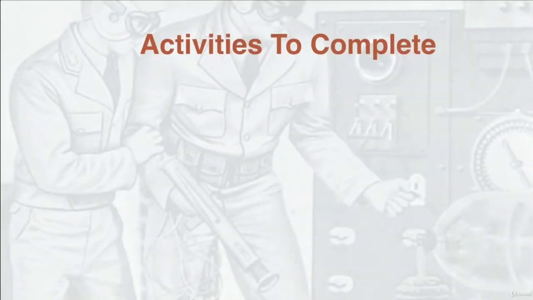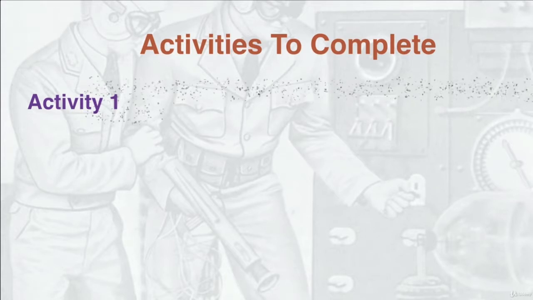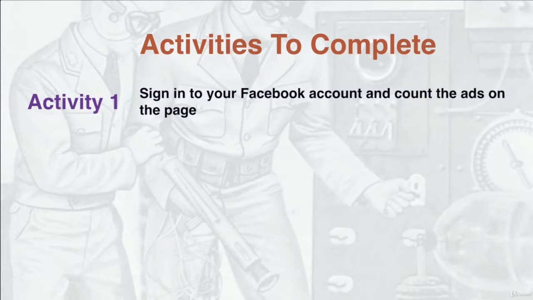Activities to complete. Activity number 1. Sign into your Facebook account and count the ads on the page. Count the number of times you see interruption-based marketing or push marketing. And think about how many of those ads you actually took any notice of in the past and how effective